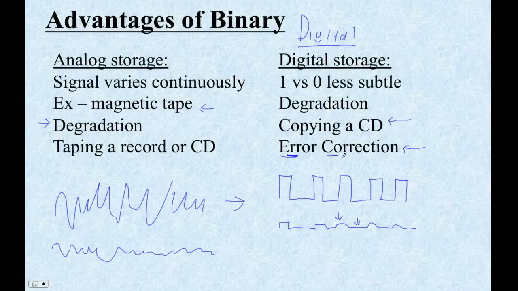The simplest way of detecting an error is that you just simply add up all the bits in a sector and say, okay, everything in this sector adds up to 37. And if it ever doesn't add up to 37, then something was dropped somewhere in the middle. That's called a checksum. But there are far more sophisticated algorithms, especially on DVDs, I'm not going to do that anyway. So yeah, very cool.